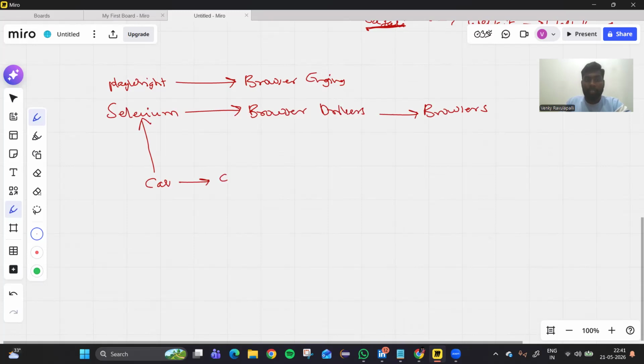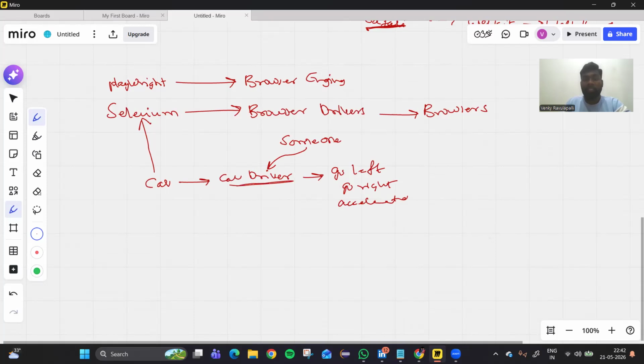We are going to have the car driver, and someone is going to call this car driver and tell the instructions. So, go left, go right, accelerate the vehicle. So these are the commands that someone gives to the car driver, so that the car driver